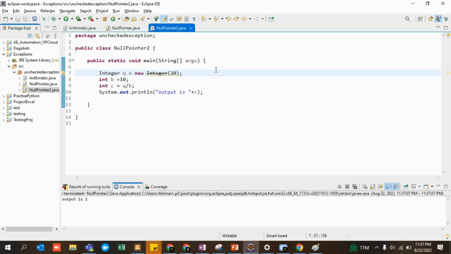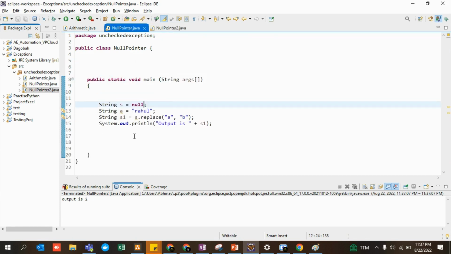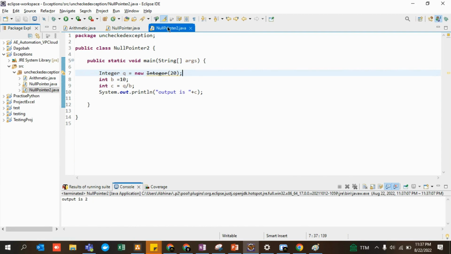So this is where your interview question comes in. Please look at these two programs very carefully. These are very simple. Here we created an object, and when this object was not pointing to anything, or was modified as null, a null pointer exception got created. This is what the definition says. But now the interviewer went a little bit deeper into that. He said, I am creating an object of this Integer wrapper class, Integer q equal to new Integer, and right now it is working fine.